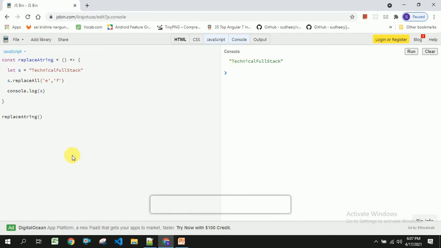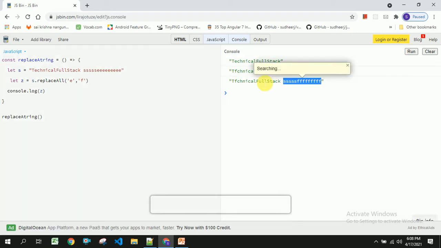So you should be able to see the changed string. So it has not got changed. If you see this, the original value will not be changed. So in order to get the value, you have to declare another variable where I am going to store the replaced string. So I am going to log this. Now you should be able to see the value change, and even if I split this, you should be able to see the changed word. So in this way you can change or replace all the characters or words in a particular string.